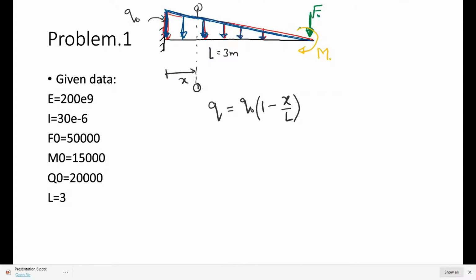solve it analytically. There is a problem given here: a cantilever beam whose span length is 3 meters, with one end fixed and the other end free, and a triangular load acting over the span of 3 meters, which is a uniformly varying load. At the free end, a concentrated force F naught acts, whose magnitude is 5 into 10 to the power 4, and a concentrated moment acts in the clockwise direction, whose magnitude is 15000, and